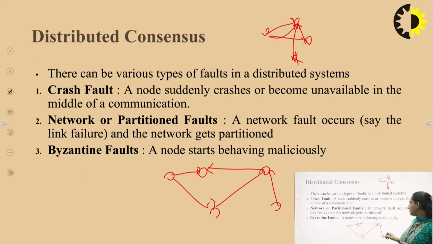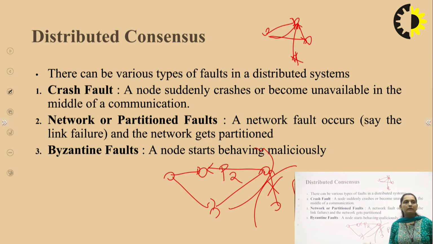If, for example, this is a node connecting with this, and we have a fault in the network where the network link fails, then there is a partition: P1 partition, because these nodes belong here, and P2 partition where these nodes become this. The network is partitioned into two, partition 1 and partition 2. So there is a fault tolerance.